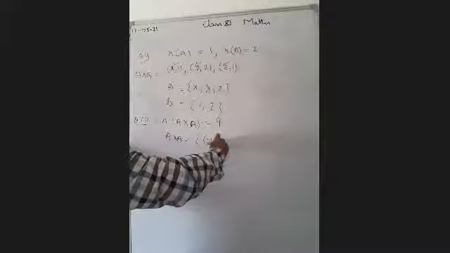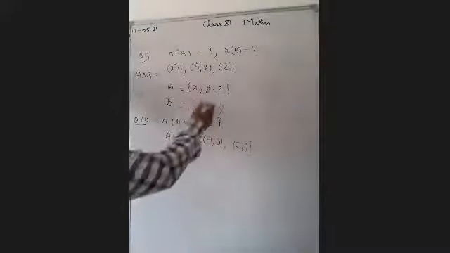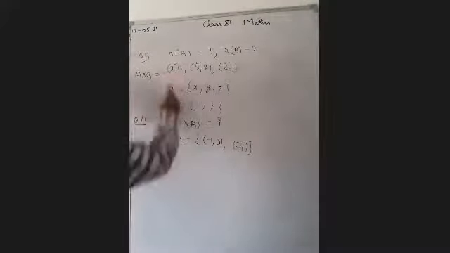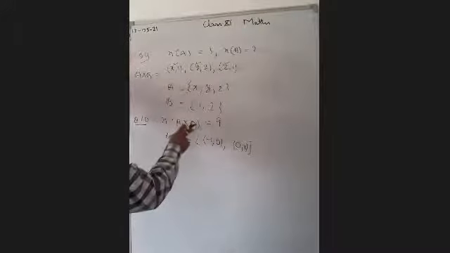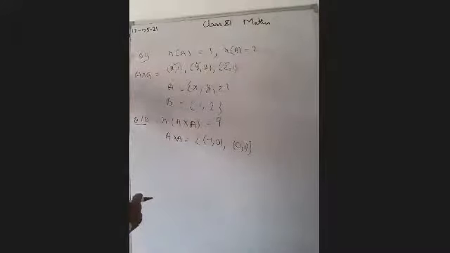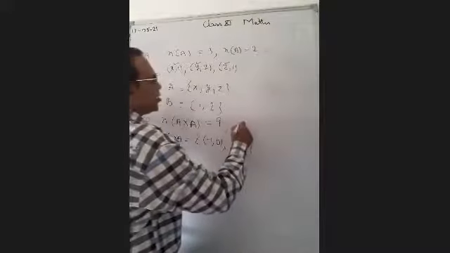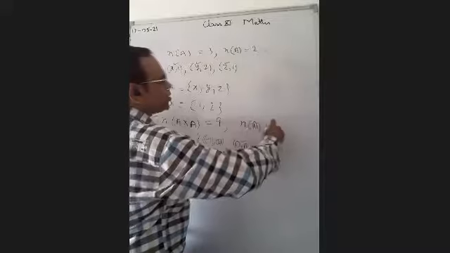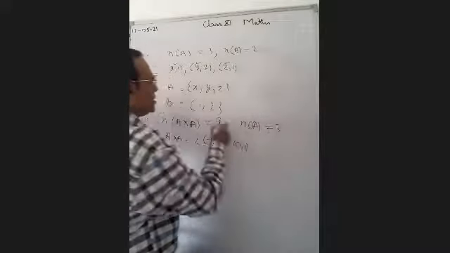So the same method that we have adopted here applies. Earlier they had different sets A and B. Here we are getting the same set. So in the same set, the first element also belongs to set A and the second element also belongs to A. But there are 9 elements. So it is clear that in A cross A, n(A) is equal to 3 because 3 times 3 is 9.